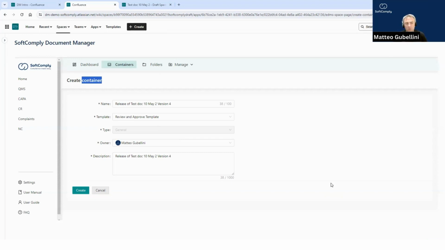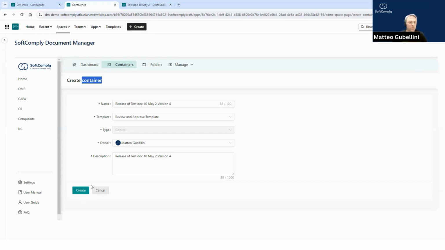So it is an additional object that you have to manage, but it has advantages. First of all, you can approve as many documents as you want at the same time. As long as they have the same approver, you can add dozens of documents to this container. And when the container is approved, all documents are automatically approved. In addition, the container comes with not just the workflows, but with rules, transitions, conditions, triggers, tasks, and fields that